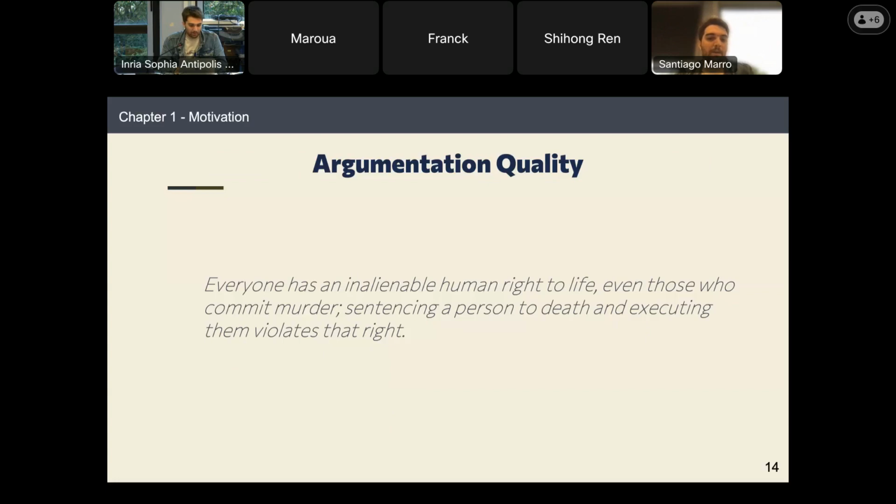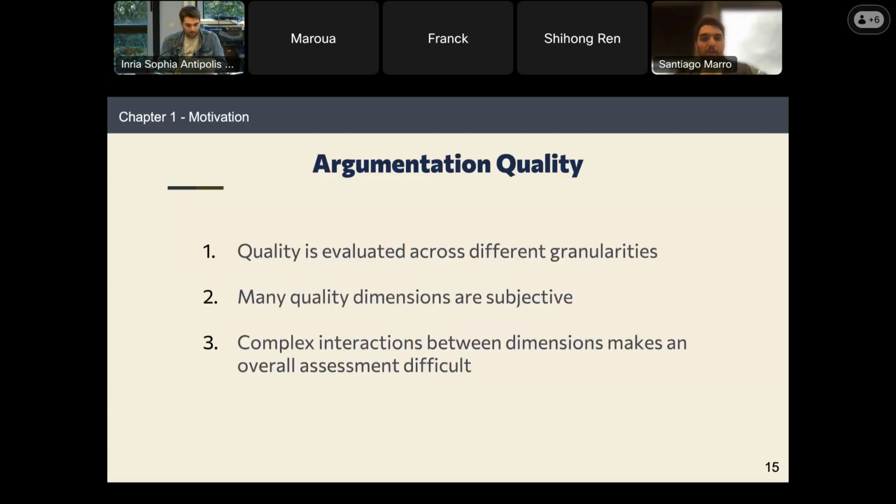But it may not be the perfect argument for some people. For example, some of you may be closer to a case where a person was murdered, so you are not feeling, let's say, persuaded by this kind of argument. Or you could also think that this is not a fair or a relevant argument to make in the debate of death penalty. So this shows us that for argumentation quality, there are different problems and different things that we have to take into account.